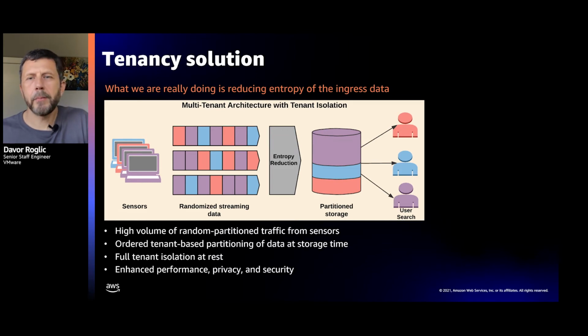When you think about that, the main challenge is to take completely randomized data from the ingress stream. You can think of it as high entropy data, and then partition that data into individualized tenant buckets. So what you need to do basically is entropy reduction, right? Now, entropy is not all bad, right? High entropy data allows you to treat all the data the same. That's kind of a definition of entropy, right? You can look at the whole system without understanding the little details. So it's easy to scale in and out by just scaling in and out the stream of the data.